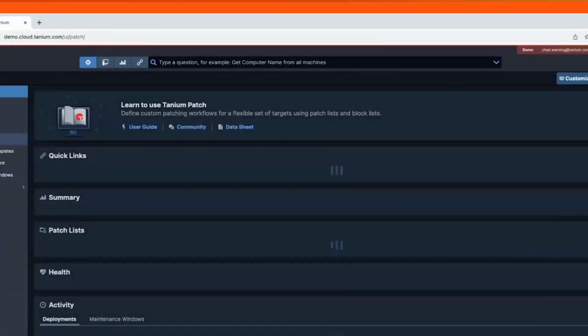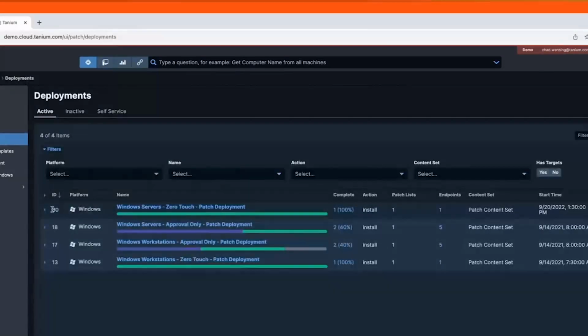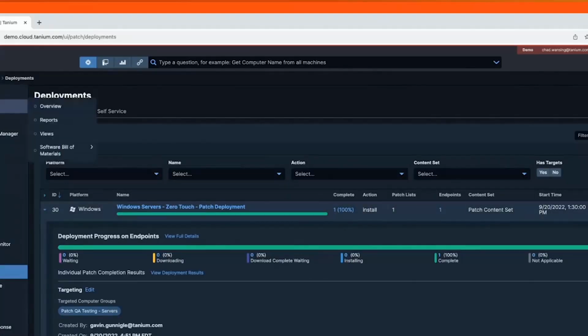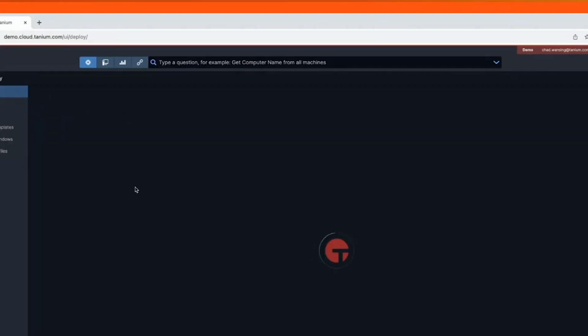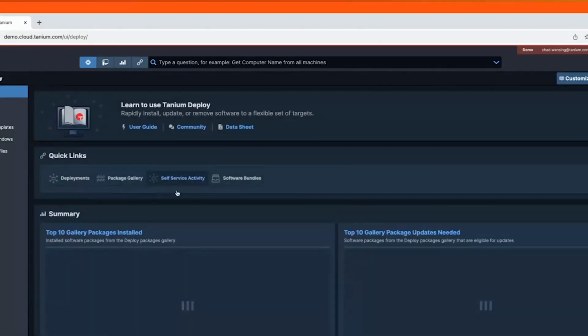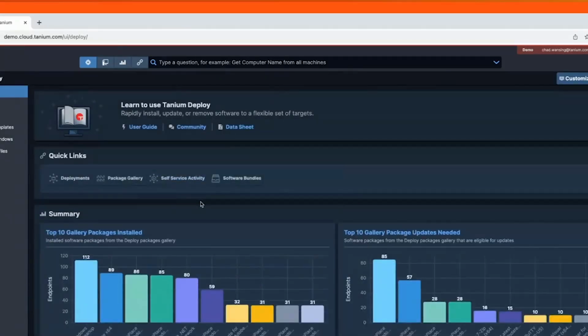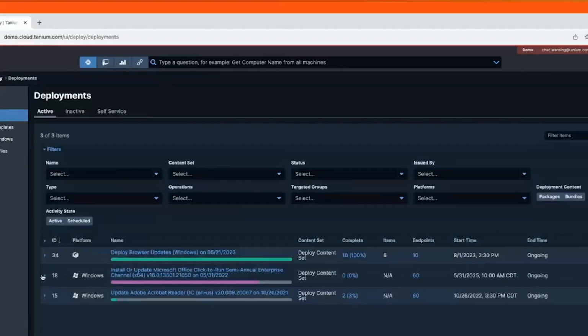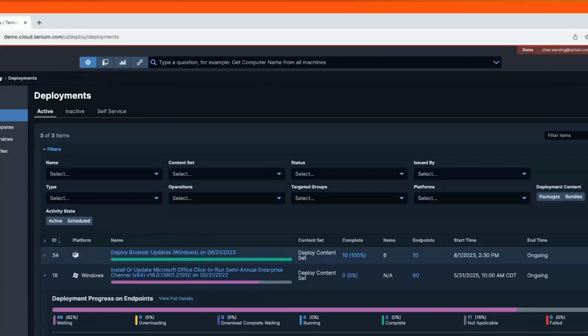Coming in to see, hey, how did this go today? Not, let's go spend the next 6 hours pushing patches. You've got better things to do. The same thing goes for software. I want to get people out of having to go do software pushes and into validating that the software pushes went as they would expect. And if they need to come see where we are at in that process, hey, I'm waiting for my maintenance window to open. Great. Have I pre-staged the patches? Nope, not for this one.